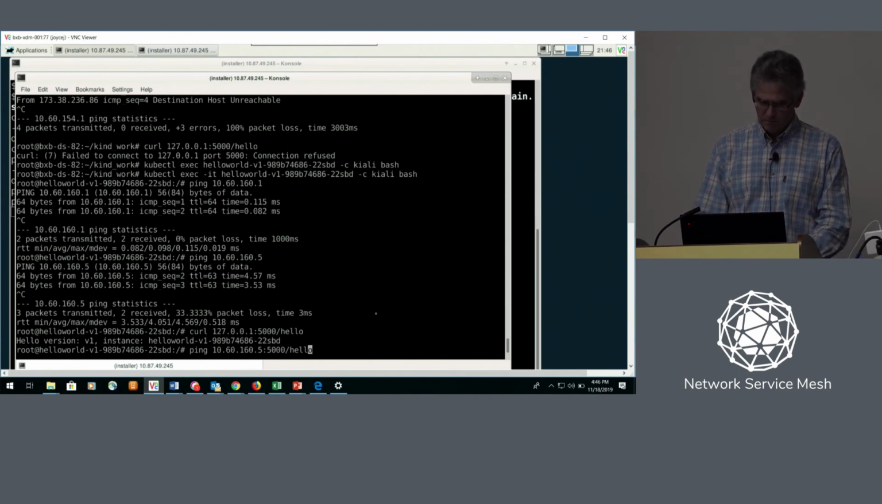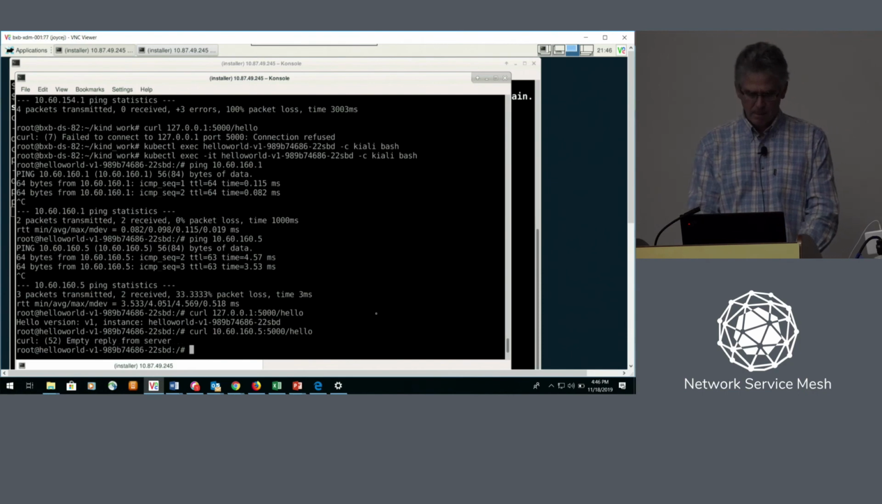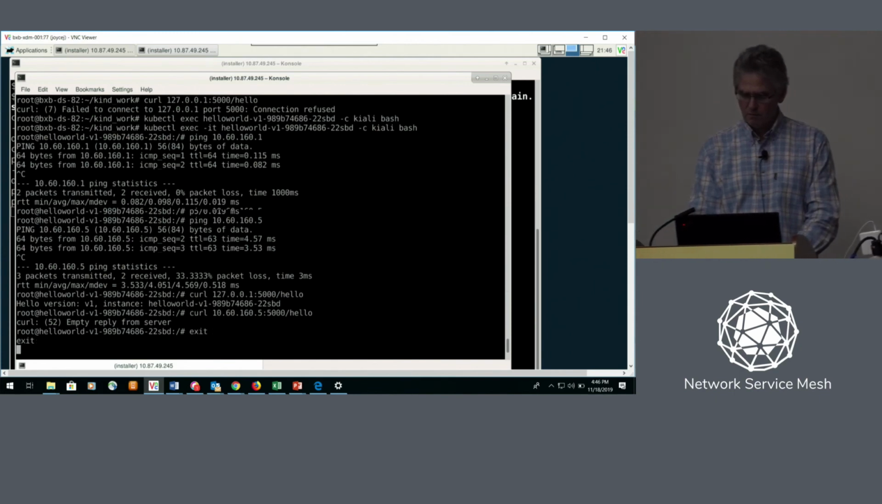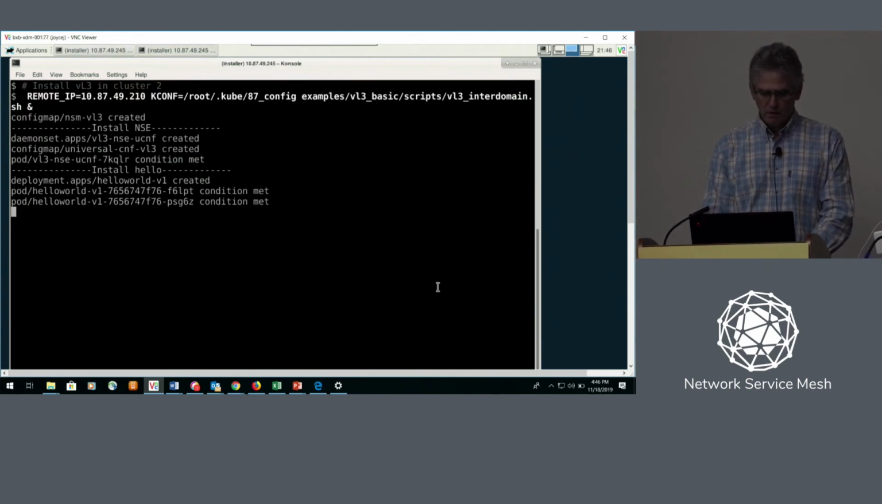So the pings worked. Envoy doesn't intercept ICMP, so you just. Oh yeah, that's a key point. So the pings work, but the L7 curl stuff doesn't work. The curls won't, because now the Envoy rules aren't set up. So now if we go here,